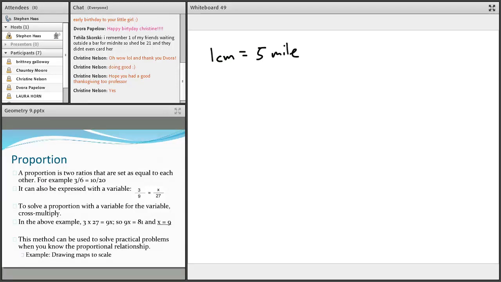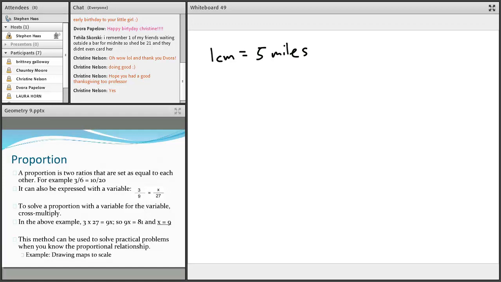You'd have a road map, and it would tell you how far you are away. Now, let's say you take your ruler and you figure out that the place you're going to is 7.5 centimeters away from where you are. How would you figure out how many miles it is? Well, of course, you would just multiply by